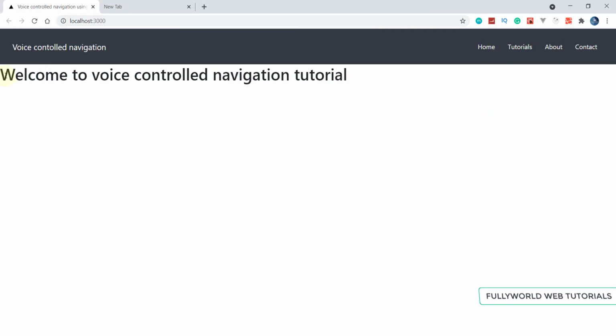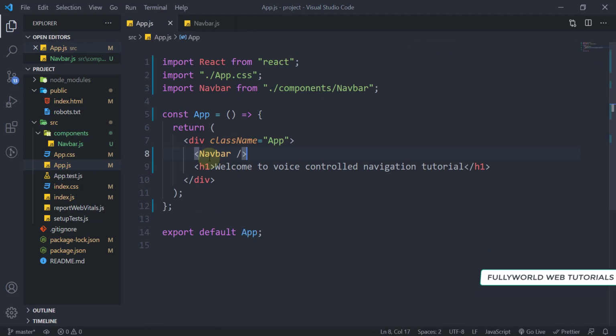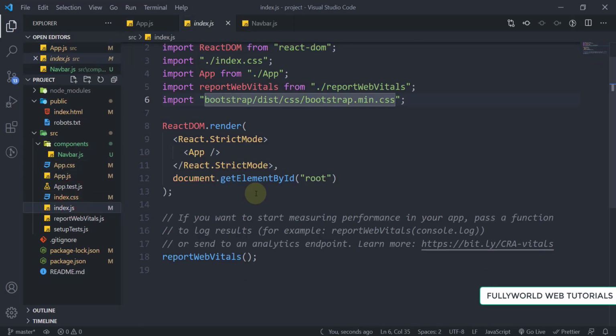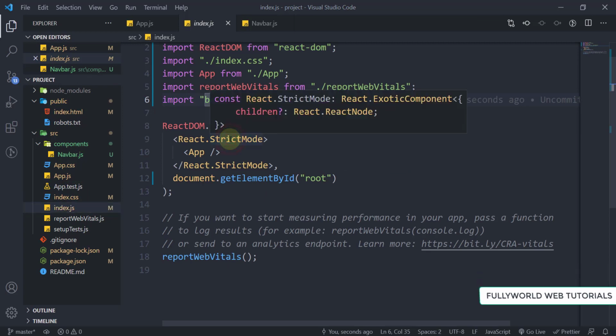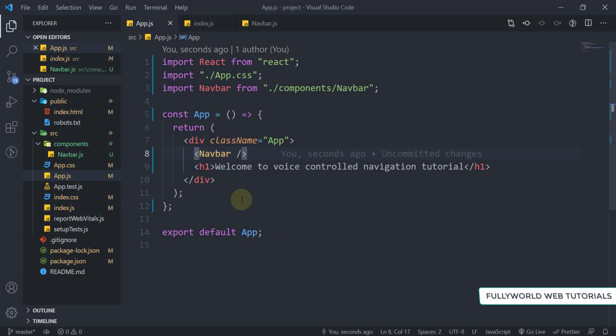So now there is a time that we can make our routes here. Let's create our routes now using React Router DOM. Now our navigation bar is completed successfully. First of all, let's create our routes. I'm going to go to index.js first, because we are going to provide the router in index.js. I'm doing this because if we have to go back here.